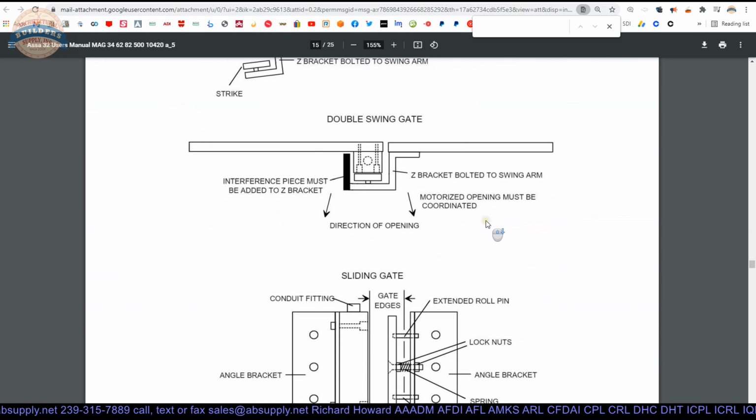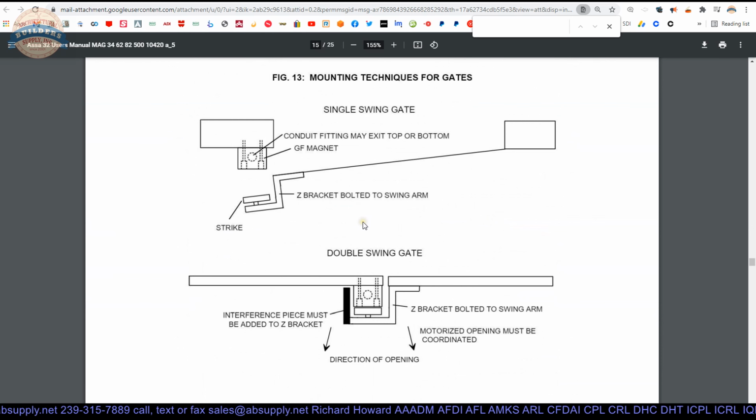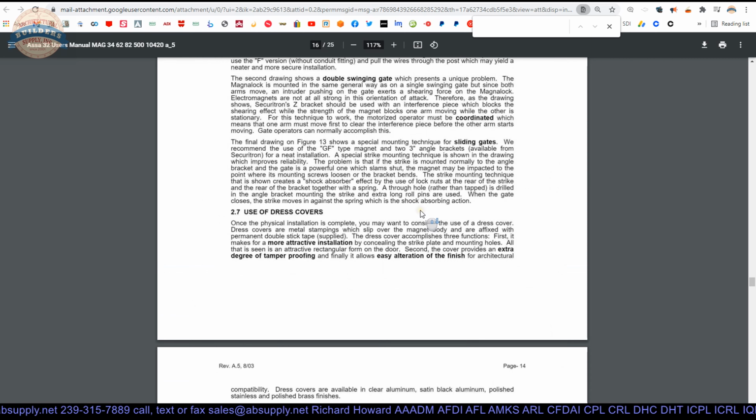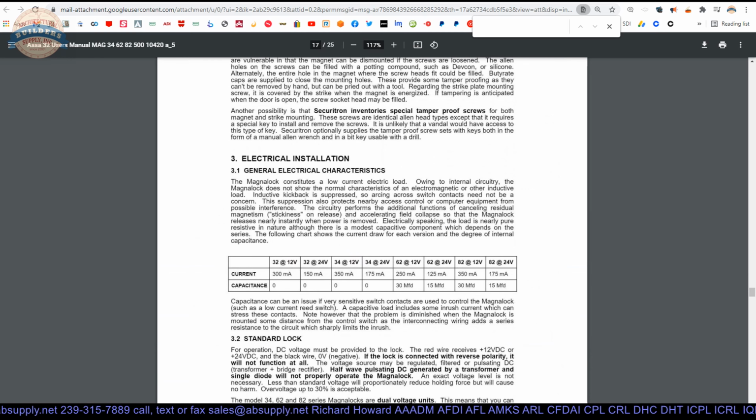Double magnets, we can skip through that. There's an example of something custom that you're doing for a gate application. This would be exactly perfect for a face mount in a gate application. Obviously not exterior, but if you're doing manufacturing and you have machinery that needs to be secured down so that access just isn't open to it, you'd have a custom gate. You know, is where you might see that. That's your face mount. Okay, now getting down to the end of this,